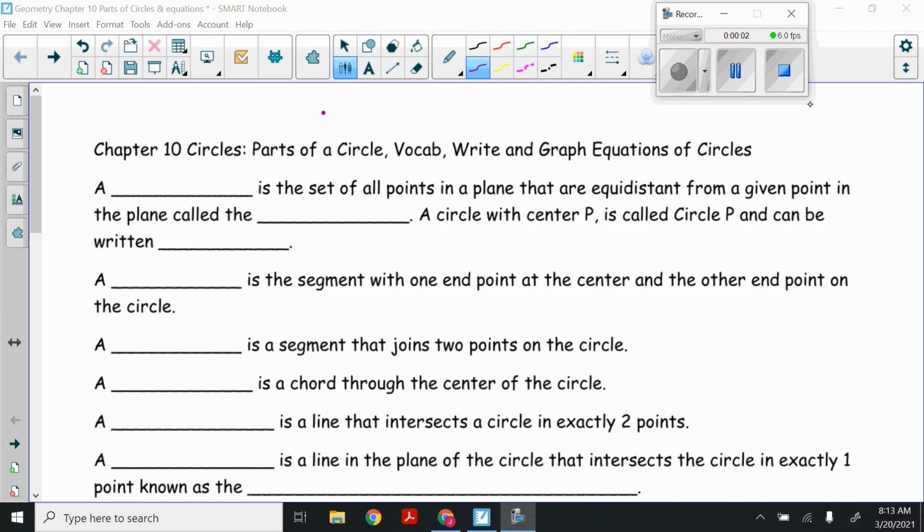Okay, so today in geometry, we are going to start chapter 10, which deals with circles. Today, we're going to talk about parts of a circle. We're going to get a lot of the vocabulary for chapter 10, and then write and graph equations of circles. So let's start out with